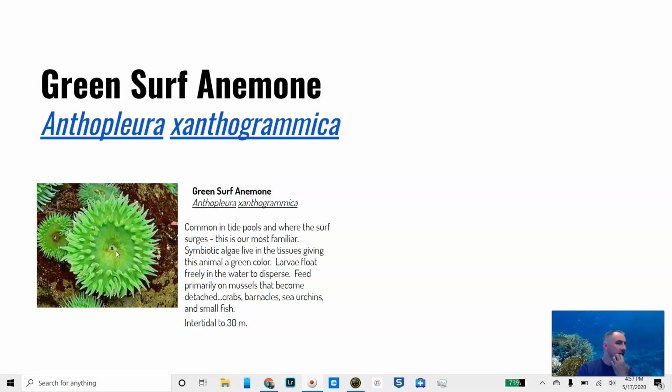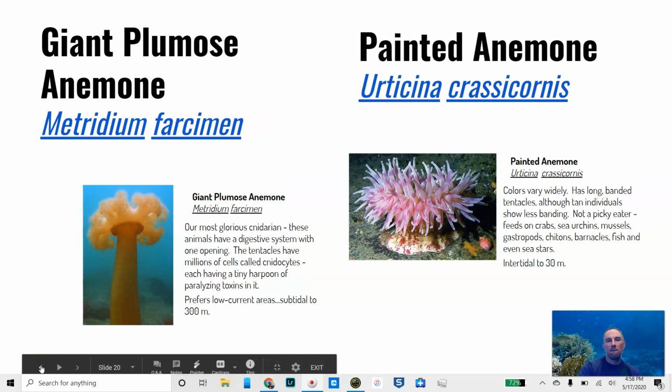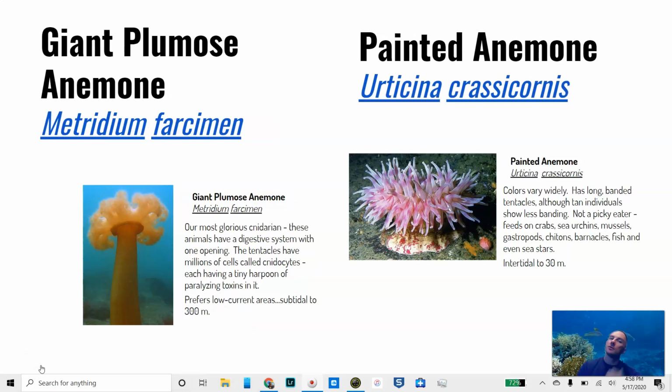So this week's list introduced 3 of the cnidarians. We're going to learn some more next week, and we saw a sponge and a weird crusting coral as well. Going backwards through the list, we've got green surf anemone, Anthopleura xanthogrammica, painted anemone, Urticina crassicornis, giant plumose anemone, Metridium farcimum,